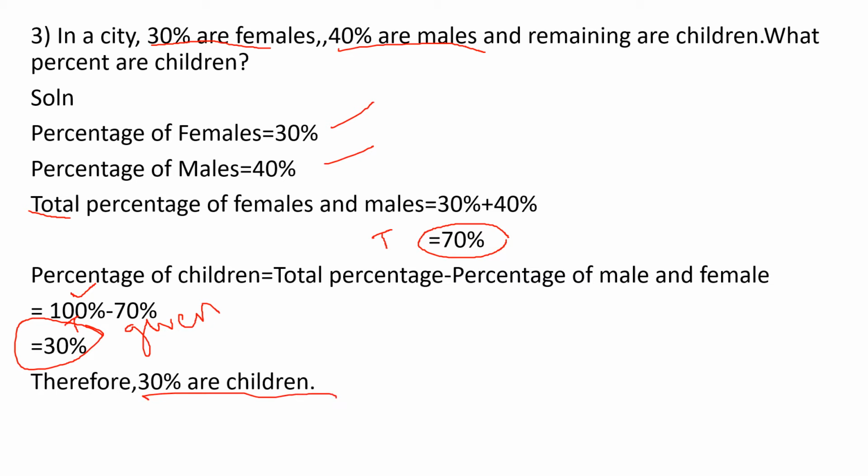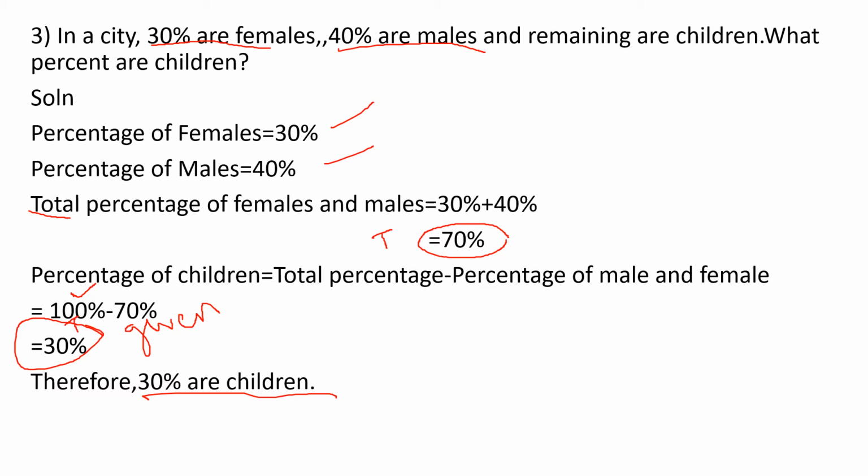So in a city, I'll explain it again. In a city, they have given the total population. What is the population? 30 percentage female and 40 percentage male. So you know percentage means 100, right? So the total is 100. In that, the given population is 30 plus 40. So add it and write the total 70. So 70 by 100, that is the given thing. So you want to find the children. So you know 100 minus the given population 70, you will be getting 30 percentage, that is children. Okay, is it clear, children?